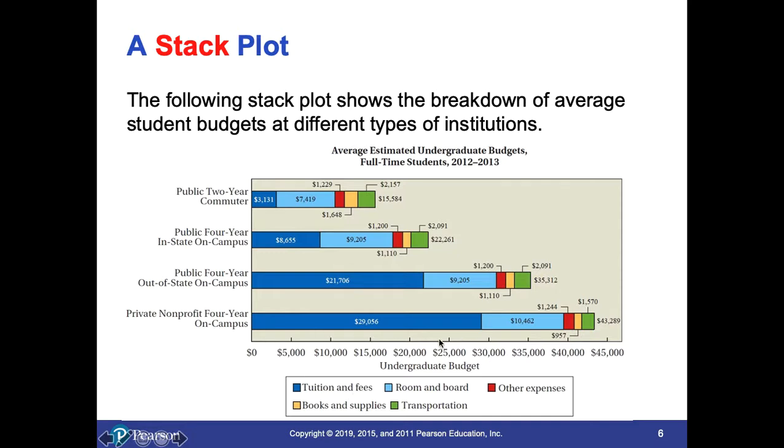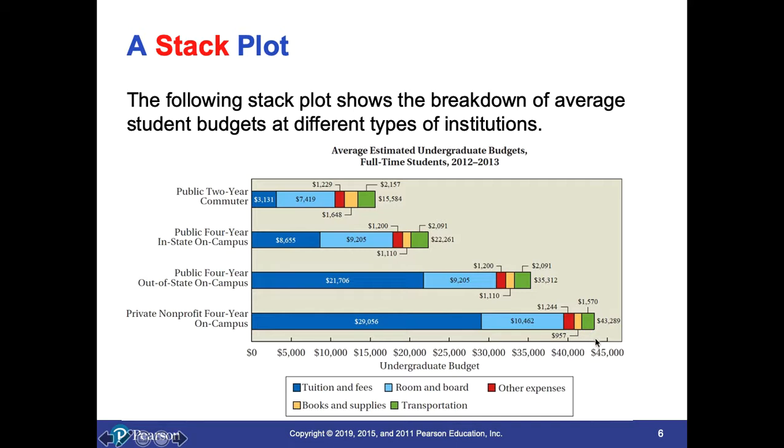So if you're at a private school, that's obviously the most expensive. And you have all the other different values that are going to be added on top of what you actually owe. Notice how each little piece is its own value. So it's $29,056 for private nonprofit tuition, and then it's $10,000 and some change for your living, like your room and board. And then here it's $1,244 for other expenses, $957 for books and supplies, and $1,570 for transportation, adding it all up to